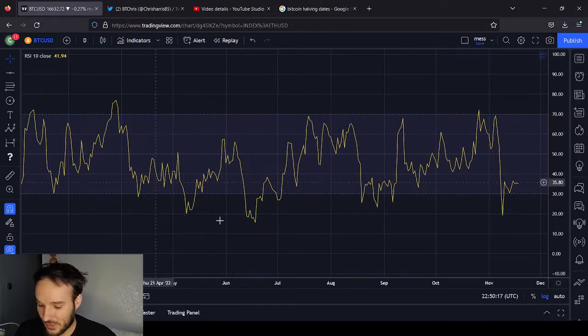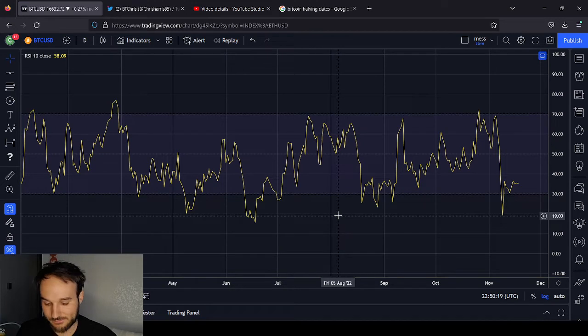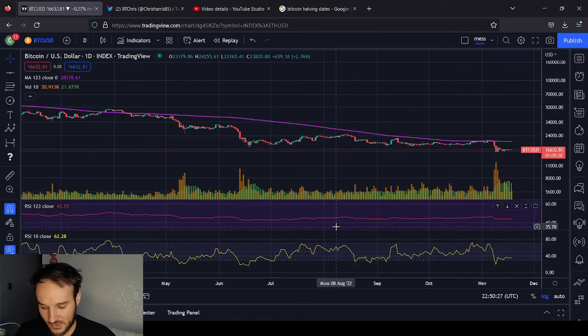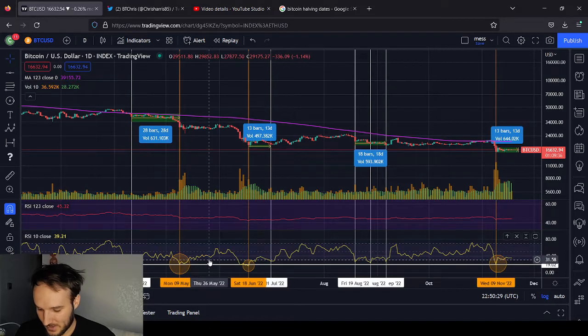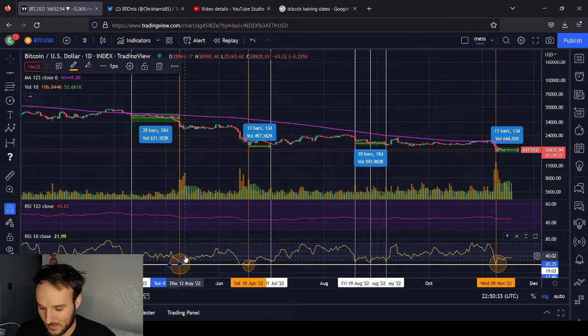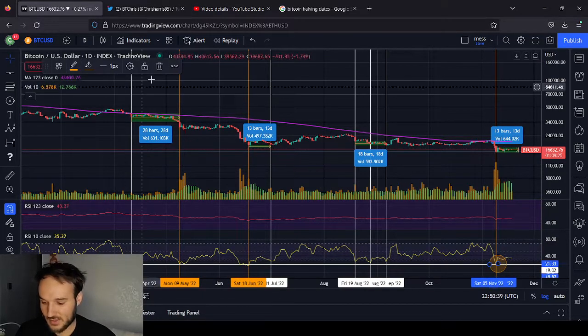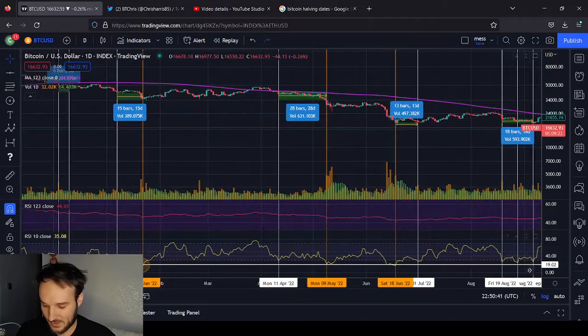I also drew a horizontal line down here at around 18, 19, somewhere around there. Anytime that we've gotten a bounce here, here, here, I've put little circles around them too to identify them and make them seem different. You can see that there. I'm going to take away the circles maybe because that's unnecessary at this point. What I did all in all is I made the lines different colors to make it easier on the eyes.